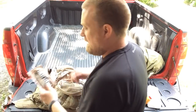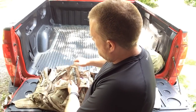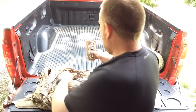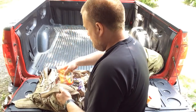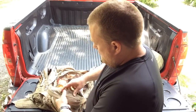I always keep an energy bar or granola bar on the very top part of that. As you can see, I took that out of this pouch right here, and that's if I need to grab just a quick snack out of there. I don't have to dismantle this. That's the food that I got in here. Also, typical ramen, got to have that in there. Getting up here into the other side,